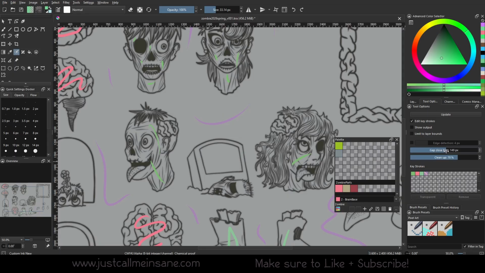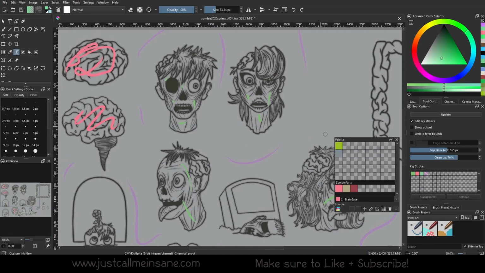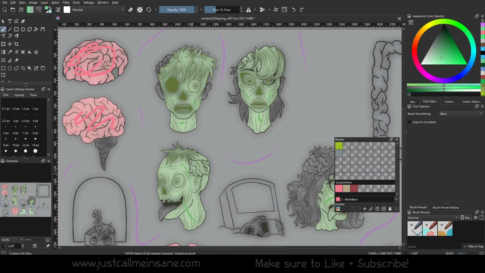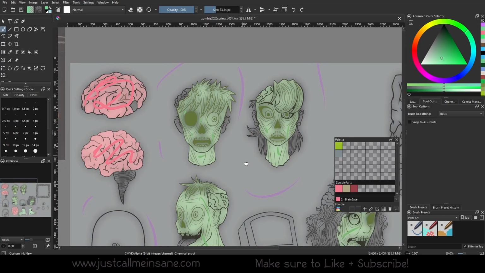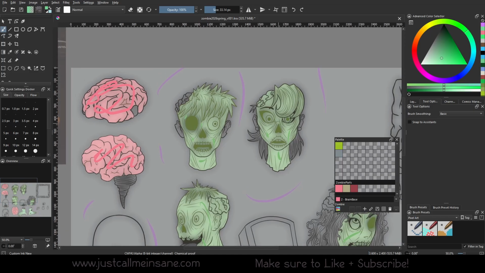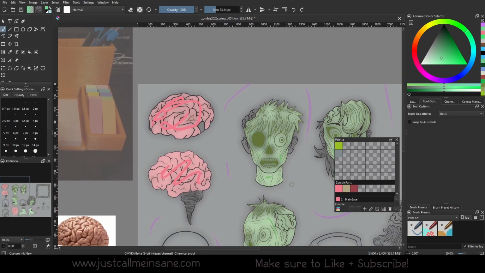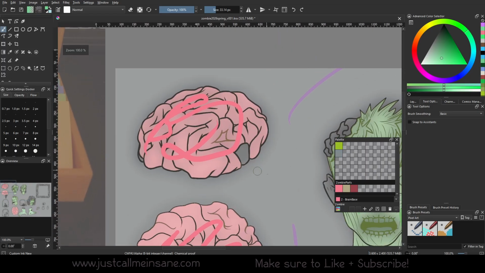But we're going to increase the gap close, and we're going to hit update again. All right, so now that's done, you can actually see what it's done here. Go back to the brush. It looks like it's pushed that green now over some of the line work areas, which is actually not bad. It's not perfect. Like you can see, it covered the liner over here, but it didn't quite make it to